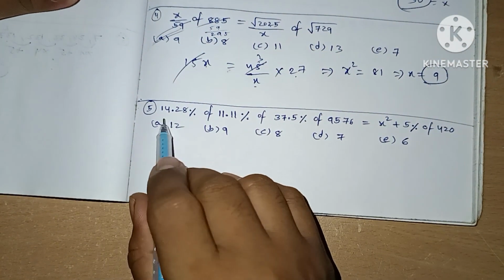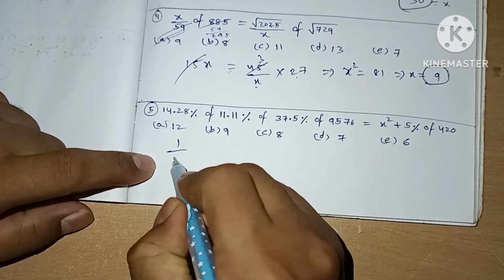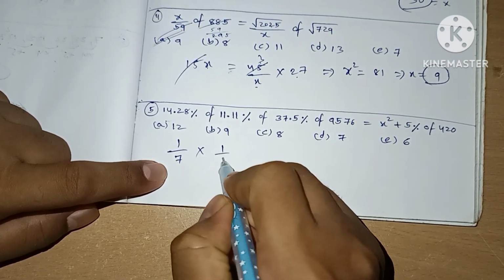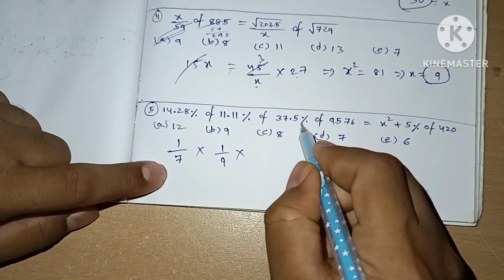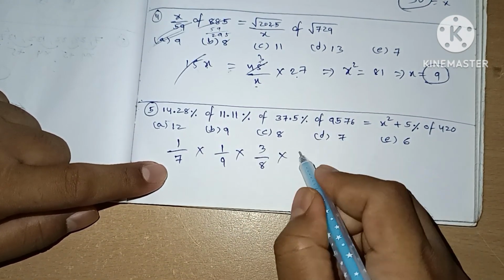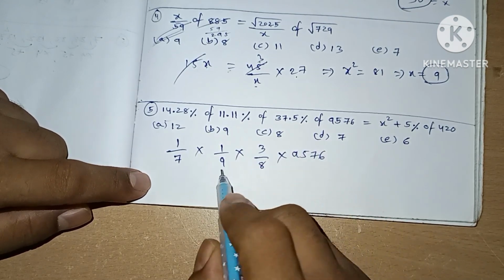Next, fifth question. 14.28%. This is nothing but the fraction value of 1 by 7. 11.11%. The fraction value is 1 by 9. 37.5%. The fraction value is 3 by 8 into 9576. So first I can see